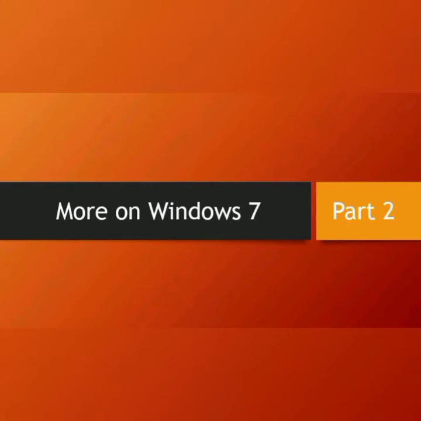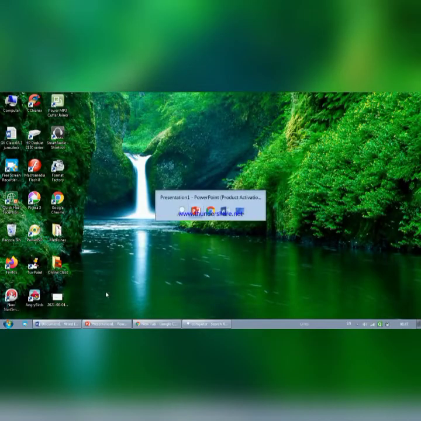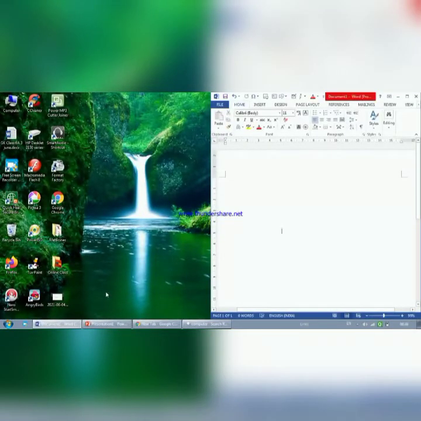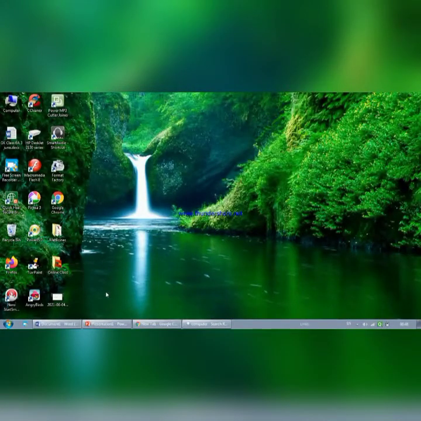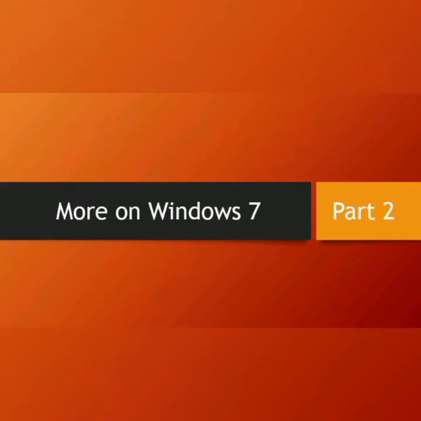I have one more thing here that is called Aero Flip 3D. Here you can go to the different kinds of windows that are open, they will be shown, and wherever you want to go, you can go directly. See, again if I press, then I will get this. For this you have to press the Windows key, then Tab. Then it will come like this. So this is called Aero Flip 3D.